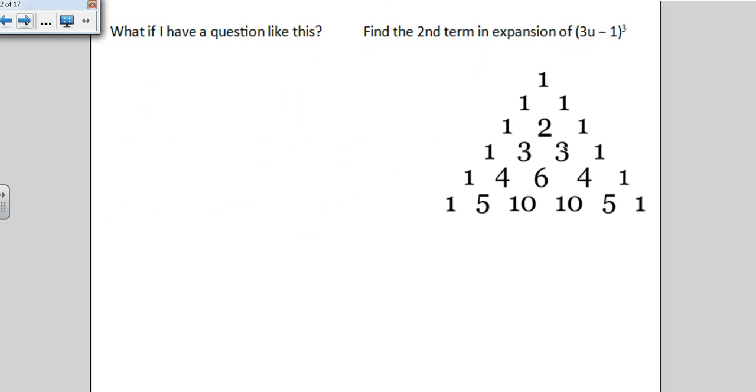So, what good is this? Well, sometimes on testing, they're going to ask you something really strange, like find the second term in the expansion of 3u minus 1 quantity cubed. Now you could go ahead and just cube that by hand by doing a bunch of distribution and then figuring out what the second term was. Or you could say,